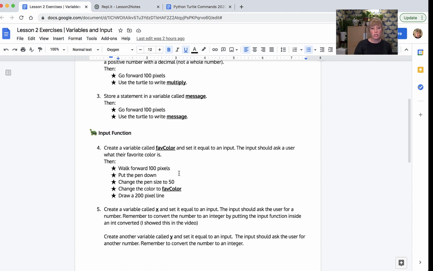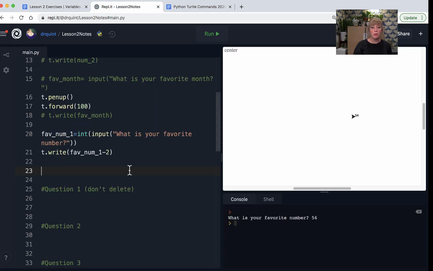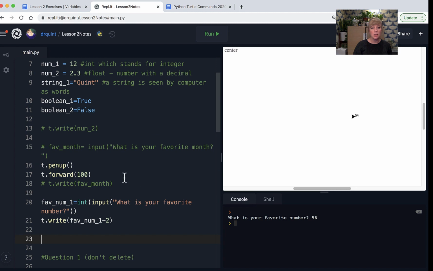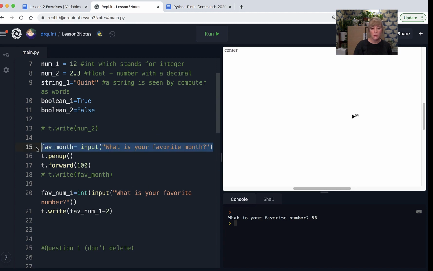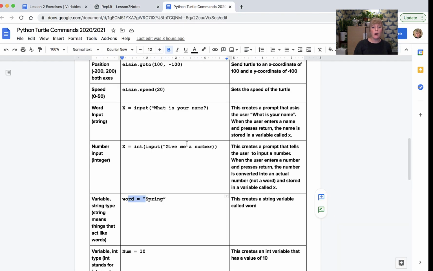Now the input function, you have two exercises here. You say create a variable called fave color and set it equal to an input, then ask the user what their favorite color is. So that's pretty simple. It's the same as this one with the month up here, except instead of saying what's your favorite month, you say what is your favorite color. You don't have to use an int on that because it's not a number. And then you set